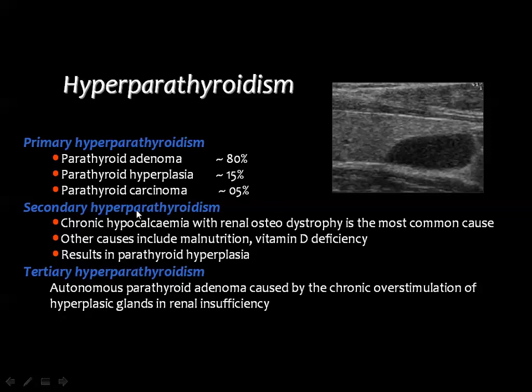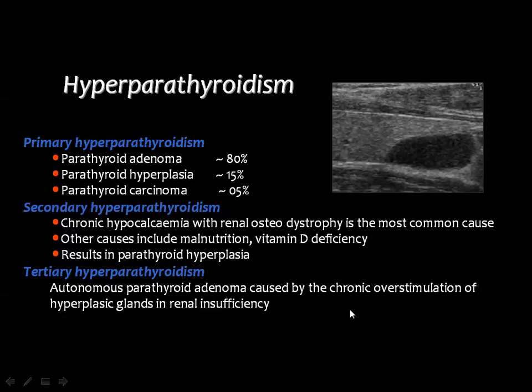The secondary hyperparathyroidism means that the parathyroid is active due to chronic hypocalcemia because of renal disease. The kidney is diseased, and too much calcium is going through the urine, so the calcium level will be decreased, and this will be reflected on the parathyroid gland to start to secrete the parathyroid hormone to mobilize calcium from bone to cover the deficiency. Then this is known as secondary